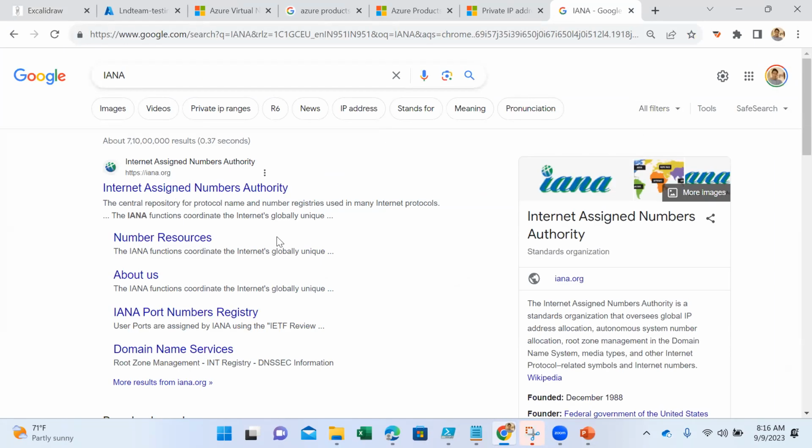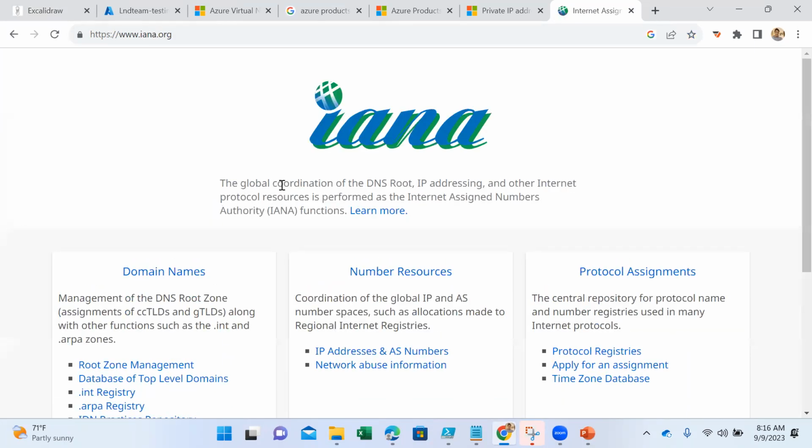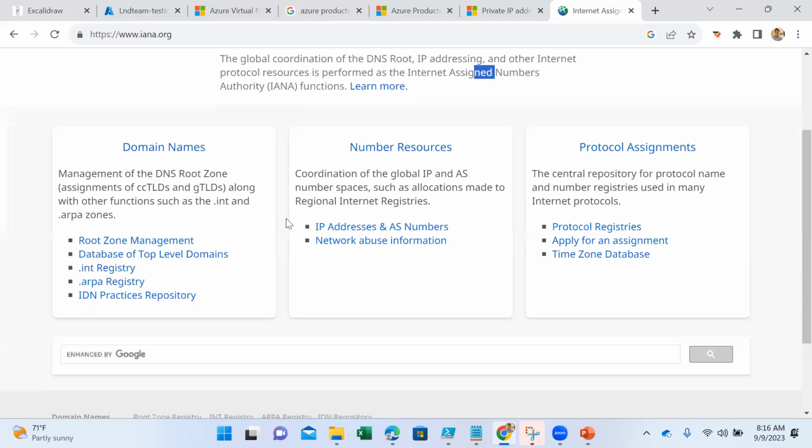This is the authority who maintain these IP addresses and all. Global coordination of DNS root, IP addressing, and other internet protocol resources is performed by the Internet Assigned Numbers Authority. So here we can check the IP addressing, we can check the protocol, we can check the network abuse information,